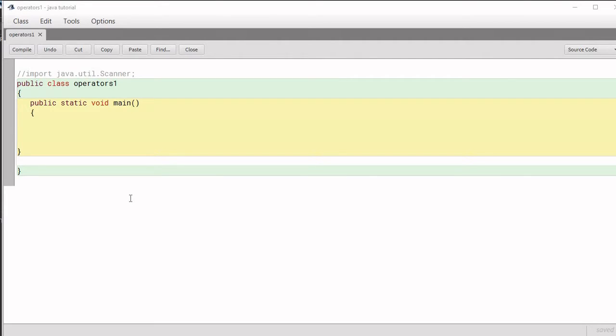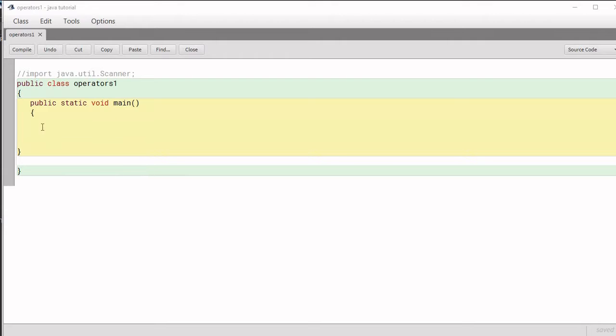Welcome to Lecture Loops. Today we are going to learn about operators in Java. There are various types of operators in Java, like arithmetic operators, assignment operator, increment decrement operator, relational operators, logical operators, conditional operator, and also the bitwise operators. We can also divide these operators into the categories of unary, binary and ternary on the basis of number of operands. We are going to cover all these operators in this video, so be with me.